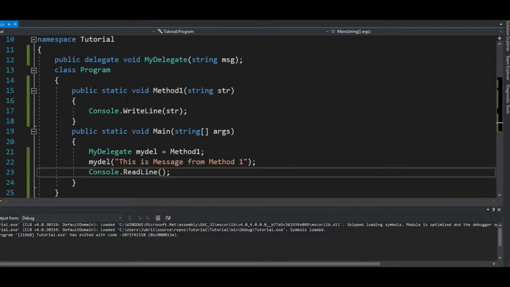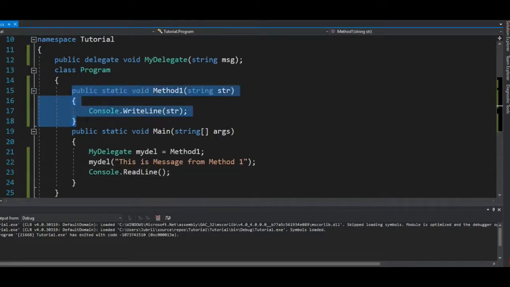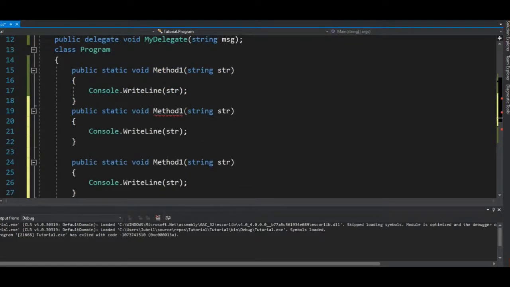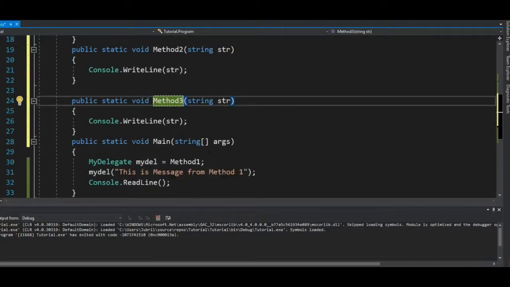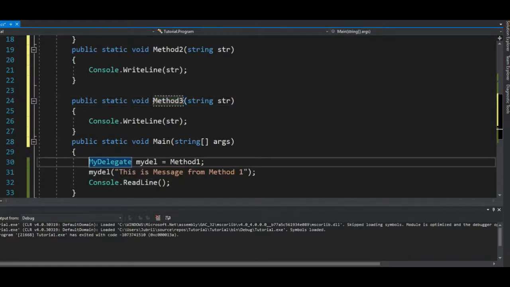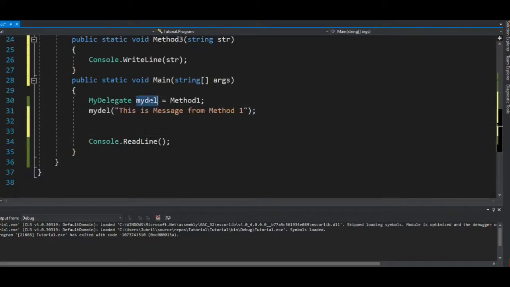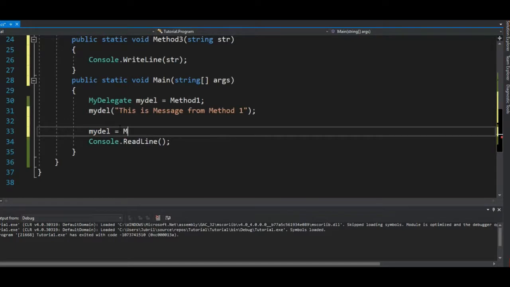Also, what if I have multiple methods here? I can have multiple methods. Let's say method 2 and method 3. Method 2, method 3, right? So if I have delegated this one here, I don't need to instantiate or call method 2 or method 3. What I'll just do is write another del, my del. I'm still using the same delegate, right? Then pointing to method 2,